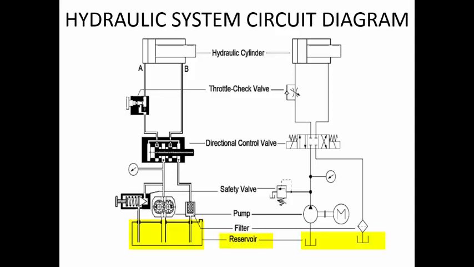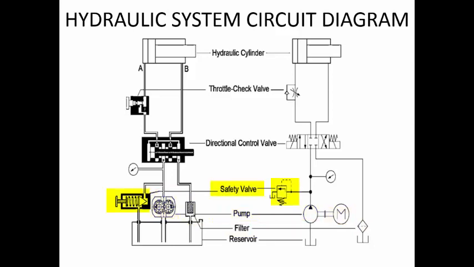At the bottom you have the tank or the reservoir. From the reservoir we have the pump. There is no filter here in the figure shown, but the filter is present on the return line as shown. So oil is entering the reservoir by passing through the filter. On the pump side you are not placing any additional filter. Then you have a pump, and the pump is driven by a motor as shown.